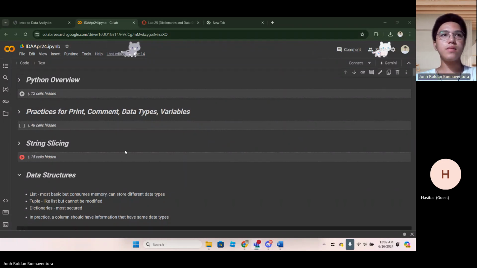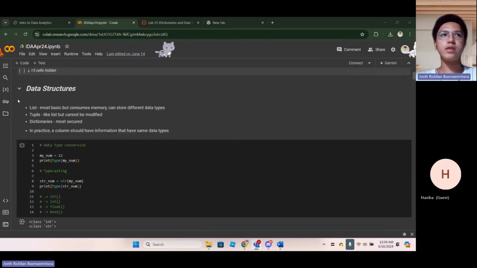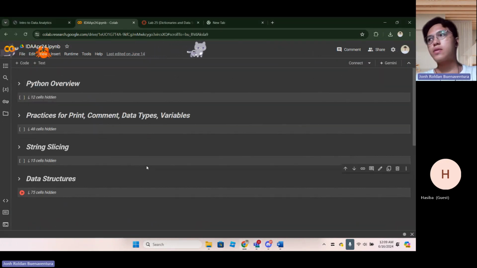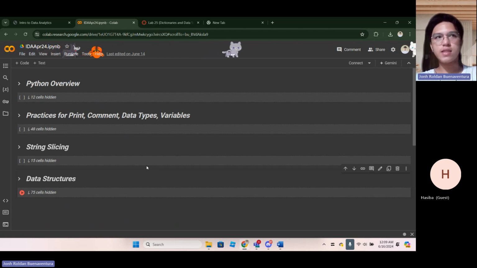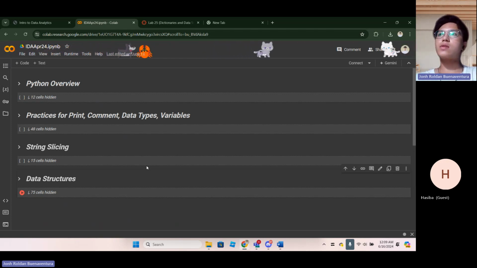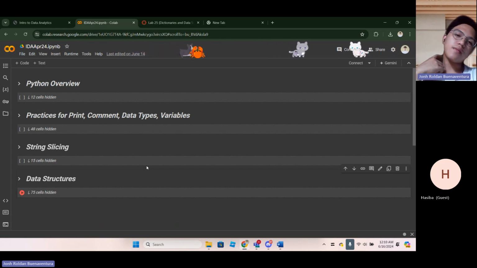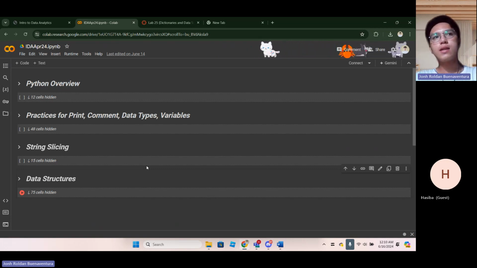Okay. So the last time we have covered a lot of practices, right? First on the dictionaries. We also have practices about slicing of strings, slicing of lists, slicing of tuples that we did not perform since we focused on the data structures, specifically on dictionaries. And we have found that dictionaries basically has two parts, the keys and the values.